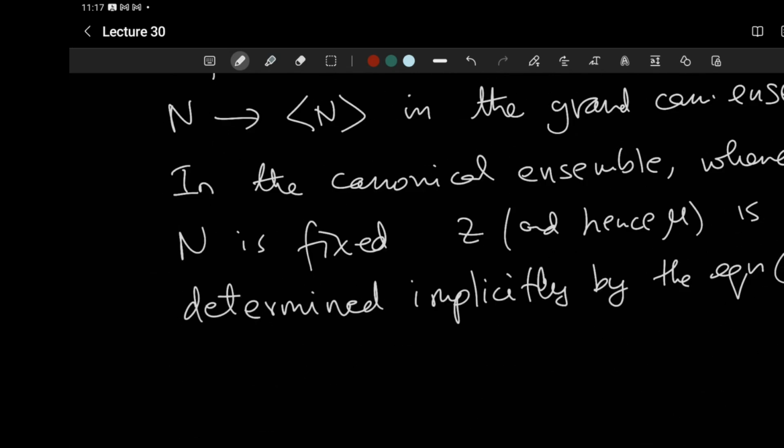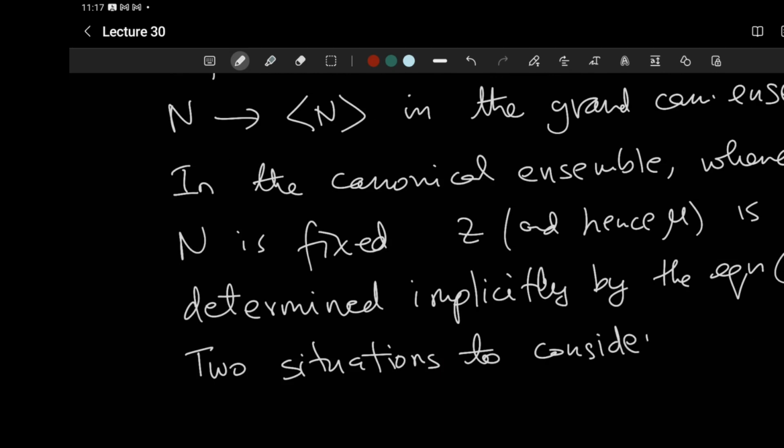And so the point is, there are two cases or situations to consider. Okay, and so the first one, when z is less than 1, strictly less than 1. Okay, then